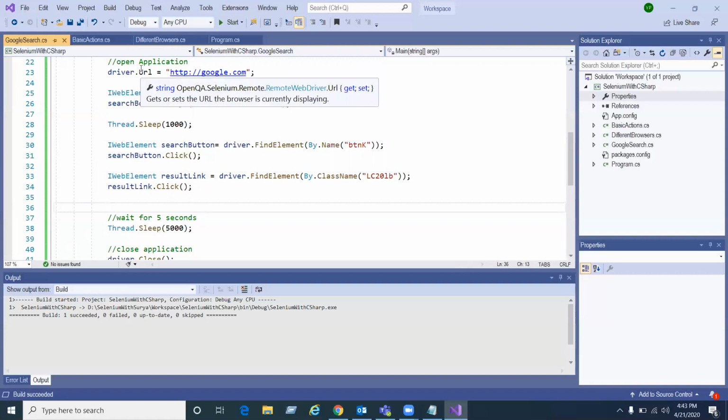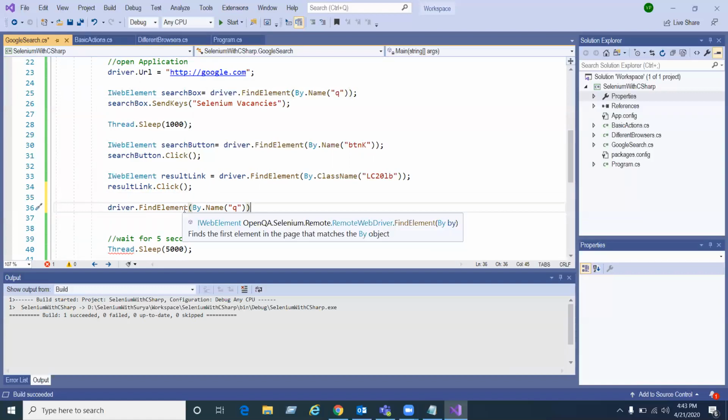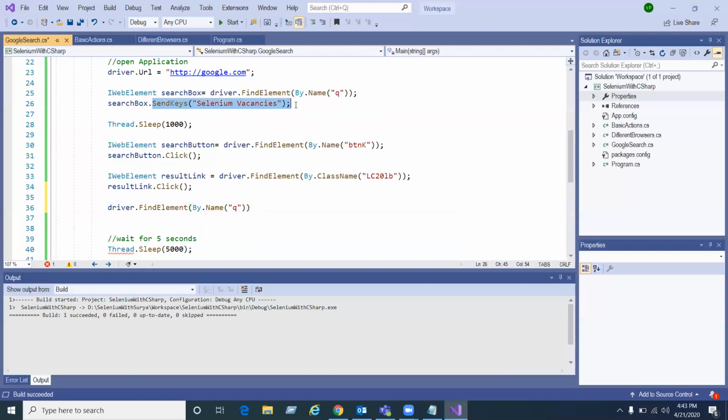So what you're going to do is, first driver dot find element. Find element, what does it return? A web element. Once you get the web element, then perform the action. See, the execution starts from left to right.